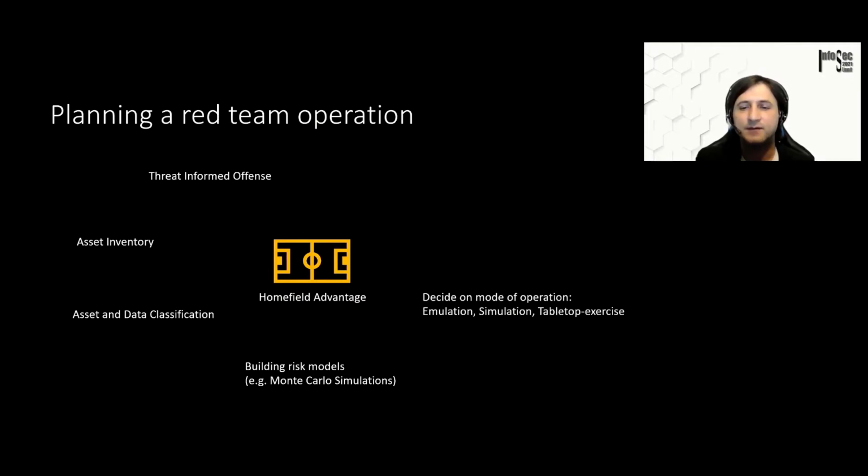After that, the red team, or it's not always just the red team by itself, right? There are people that get together to plan such an operation, including the blue team and engineers, potentially, right? They decide if it should be emulated, meaning doing the real attack on the real production systems, appearing to be an external adversary, or should we just simulate something? Simulating is more like you test it out. Or another option is tabletop exercises. Some things you might not be able to actually do or get legal approval to actually perform, but you can still think it through in a tabletop exercise.